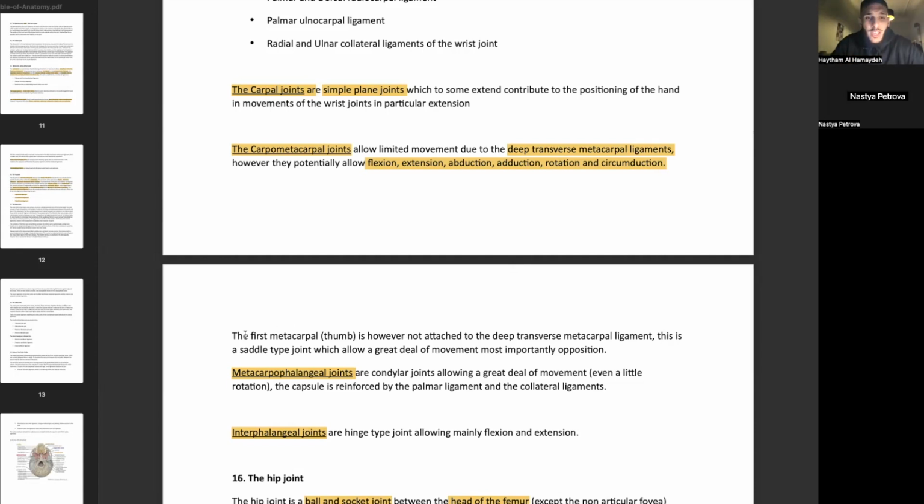Now, one unique thing: you have 5 carpometacarpal joints, right? 1, 2, 3, 4, 5. These we know, but this one is a little bit different, the one with the thumb. Why? Look,